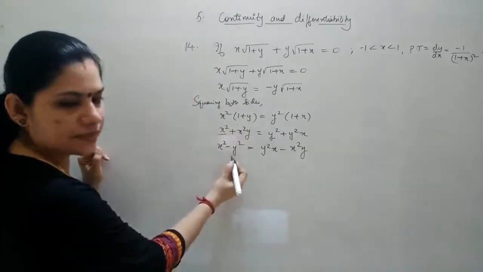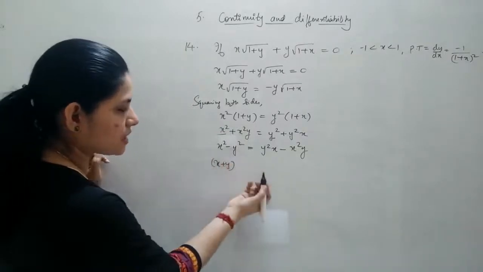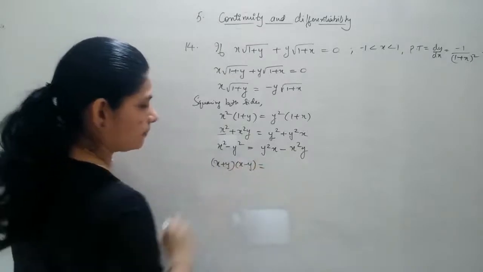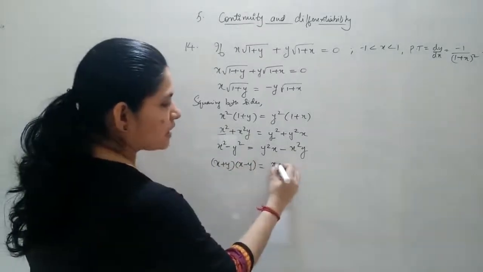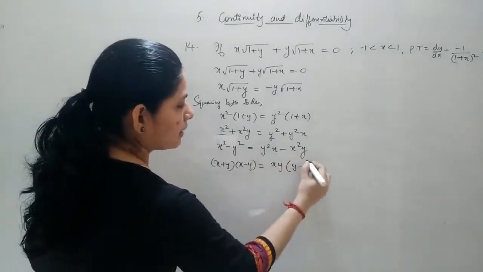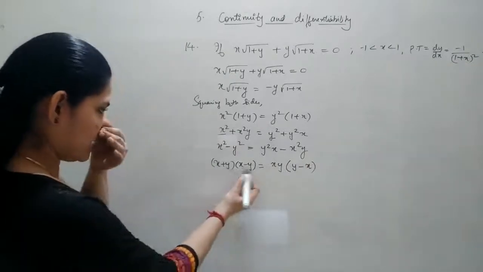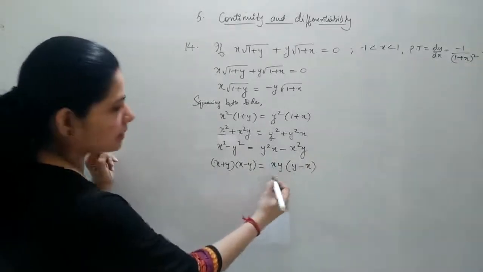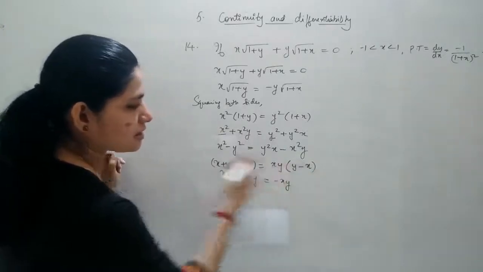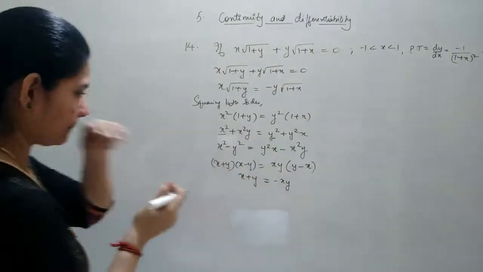Now here this can be split and written as x plus y, a plus b into, this is in the form a square minus b square. So you will get a plus b into a minus b form. And here you have xy in common, taking out, remaining will be here y, and the second term will have x. Now you can just see, if you are cancelling these two terms, a negative sign will come here. So I am just writing minus xy here, and this will become x plus y. I have cancelled these two terms. Okay, x minus y and y minus x, so that you will get a negative sign.